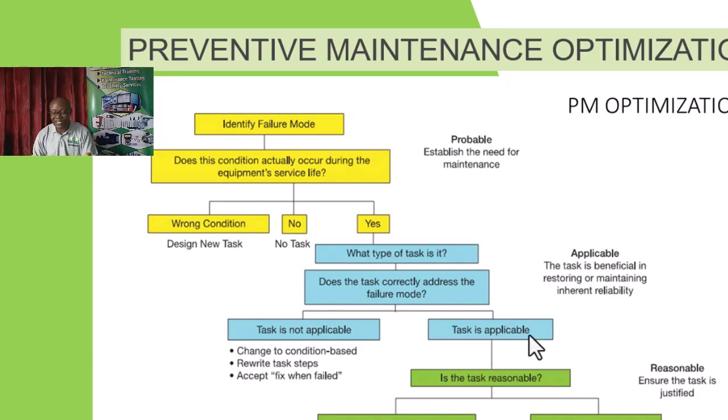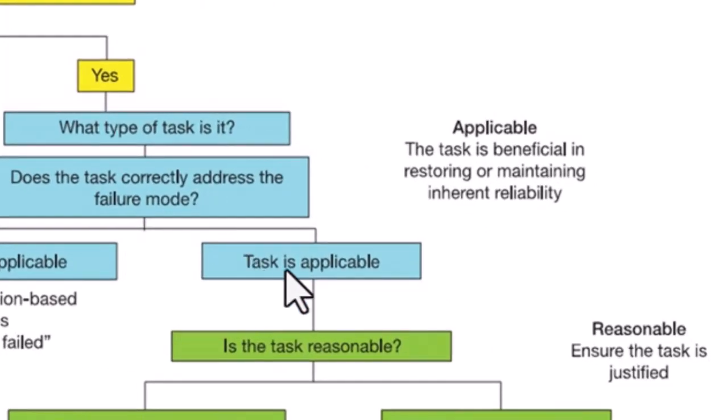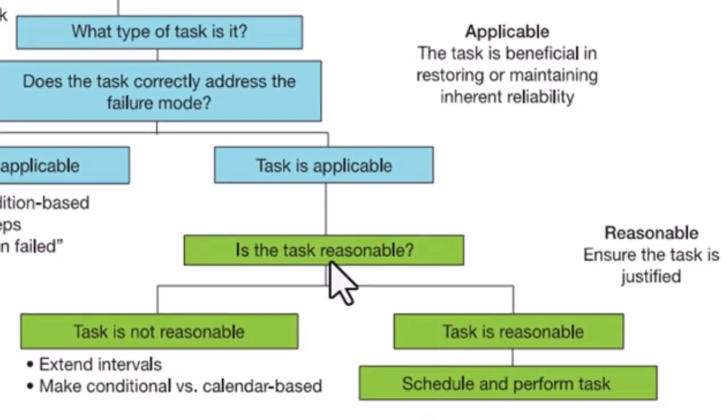If the task is applicable, what do we need to do? We need to ask ourselves the next question: is it reasonable? Is it worth it? Yes, it's applicable, but look at the cost of deploying this task. Is it worth it? Are you getting it? So if it is not reasonable,